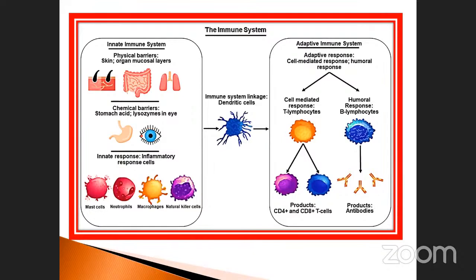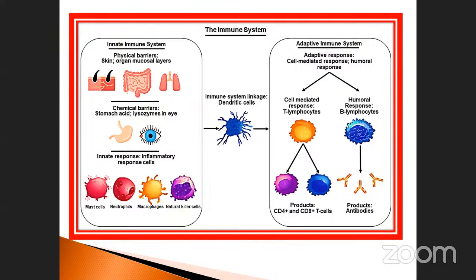These two are linked by the dendritic cells. The innate immunity as well as the adaptive immunity are interlinked by one of the immune system linkage cells, called dendritic cells. Note it down. This is very, very important. Dendrites are otherwise called nerves. When you study the neuron, nerve cell structures, dendrites mean connection between the peripheral nerves and the central nervous system.